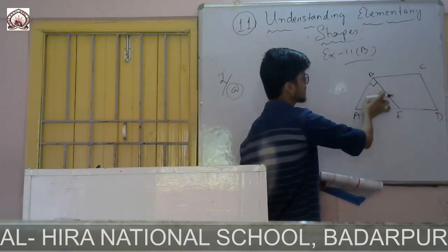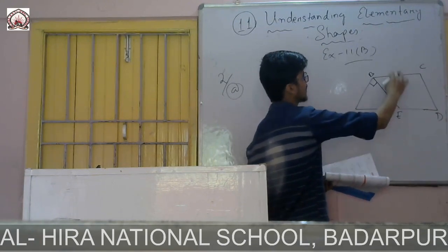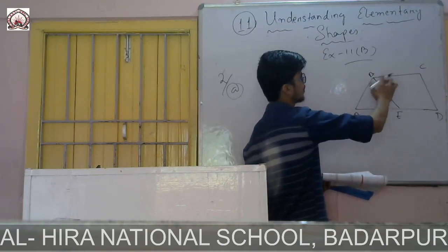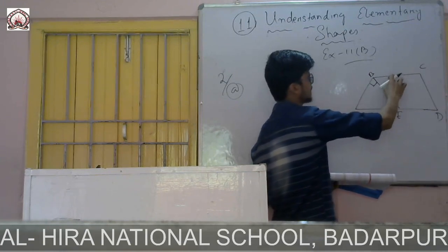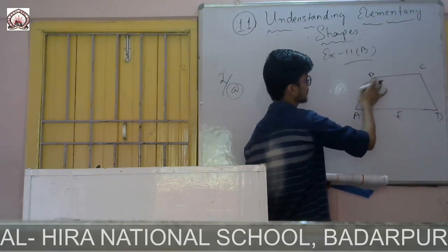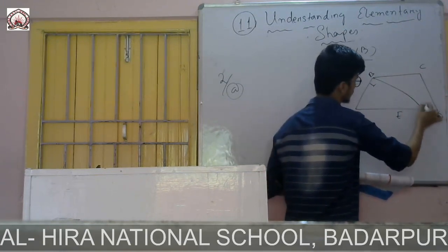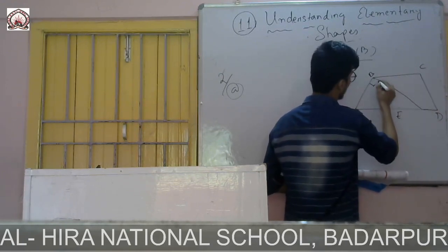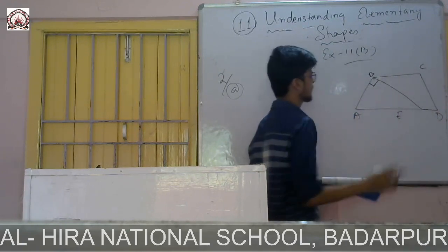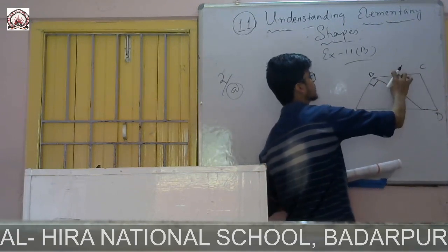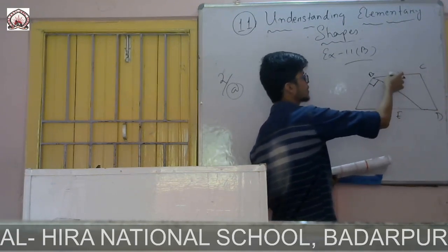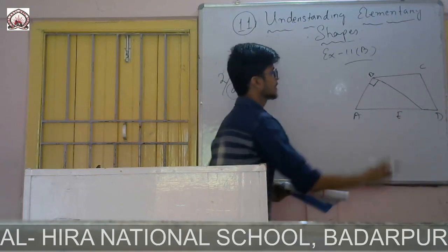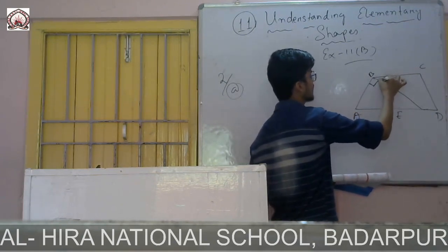You see this angle is 90 degree and this one is not a full angle, so that means this one will be less than 90 degree. This one is something like this. Okay, so this angle is 90 degree. If you see this one, by seeing also you can understand it is less than 90 degree. That means this angle is an acute angle.